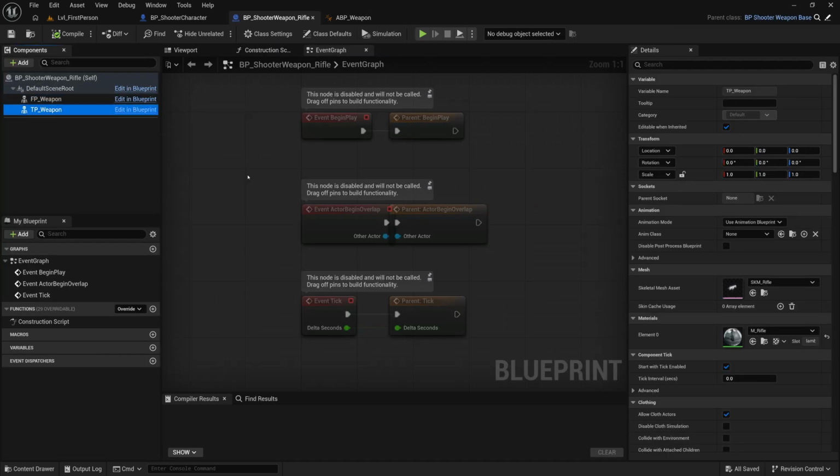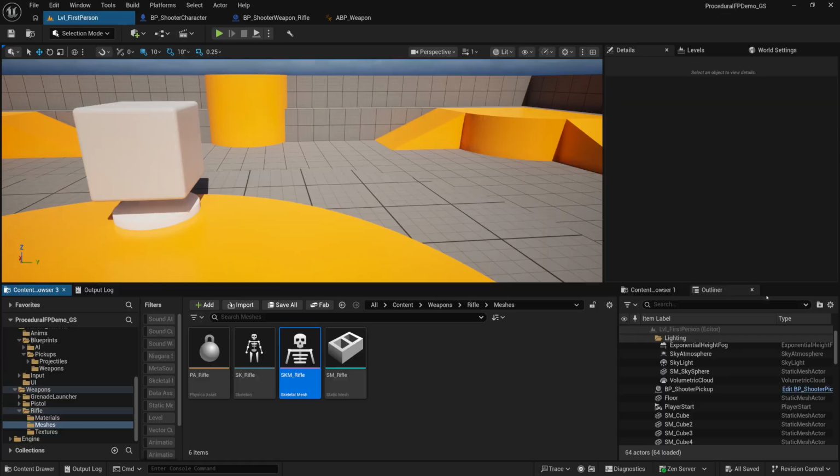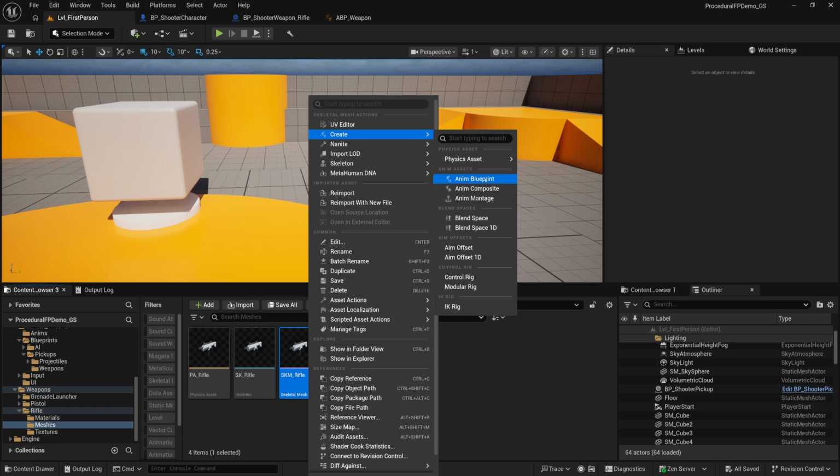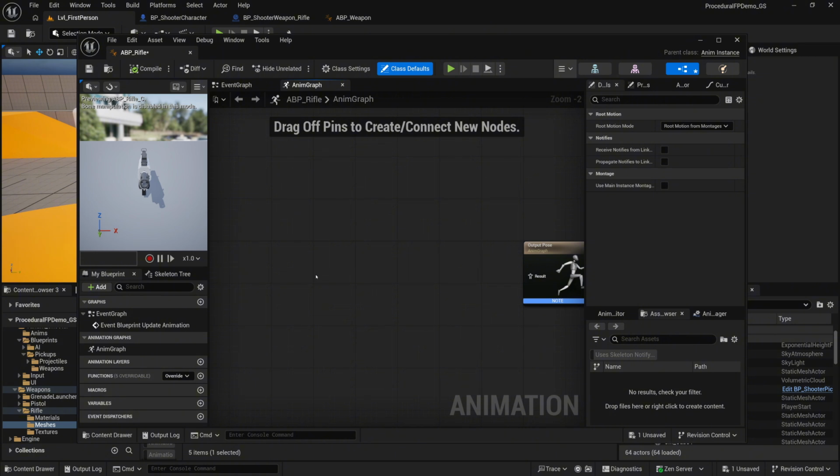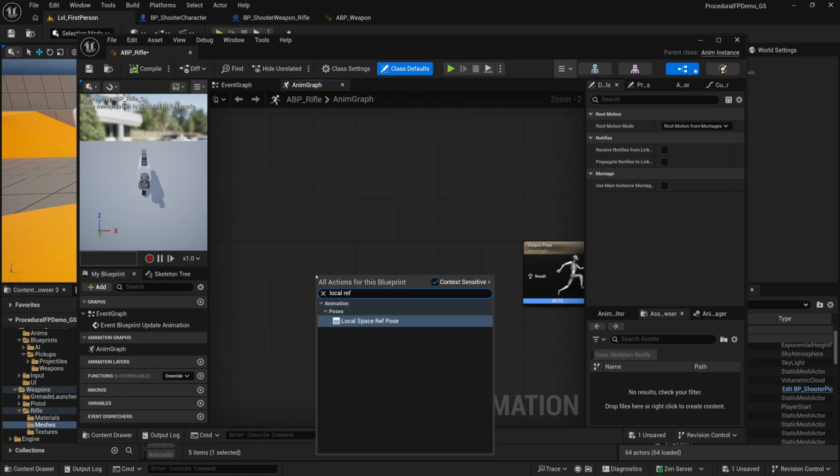This is explained in more detail within the documentation, so feel free to take a look at it. But essentially, we'll navigate to our weapons mesh. Right-click, then select Create, Anim Blueprint, and then name it BP Rifle. It's a very straightforward setup. You just need to place local ref for an empty pose, prepare nothings,